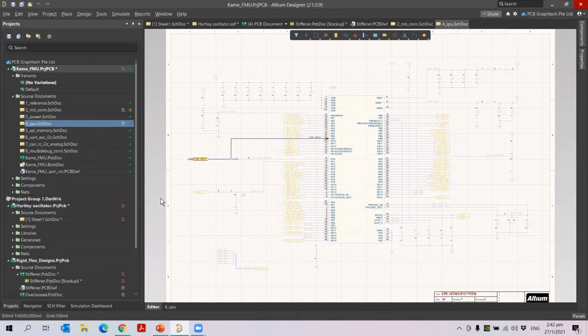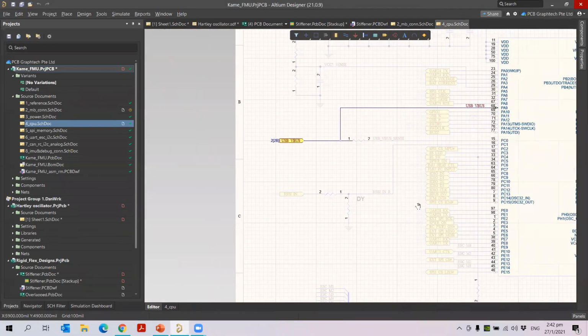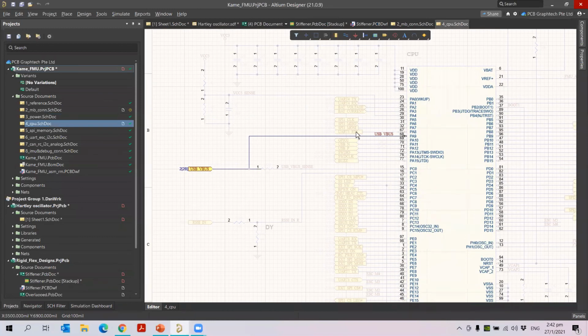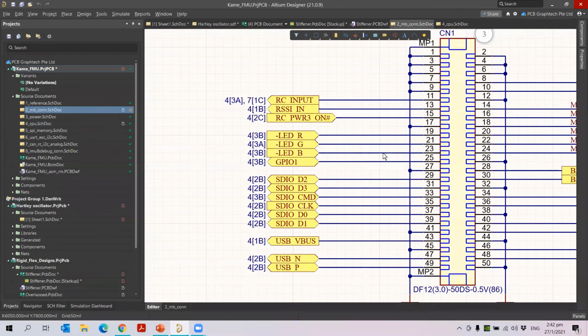When I click on this sheet, you can see it is taking me to that particular sheet, to that power port, and the net connected to it. Only that particular net and the port is highlighted with the physical name and the logical name, whereas the other things are not highlighted. So this is one of the more comfortable and easy methods. You can see it now inside your Altium Designer.